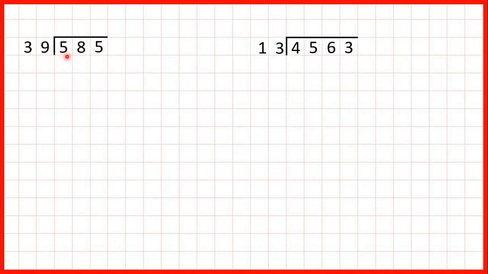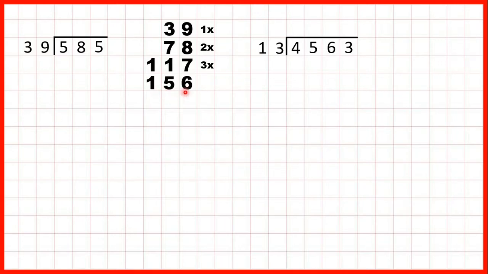Now we have 585 divided by 39. So we need to work out our 39 times table. 39 is 1 times 39. Then we get 78 for 2 times, 117 for 3 times, 156 for 4 times, and 195 for 5 times. Now the way you can work this out quickly is to spot that any times table